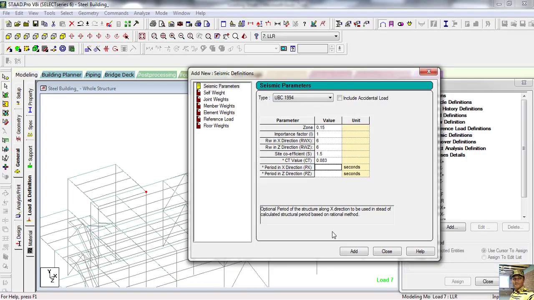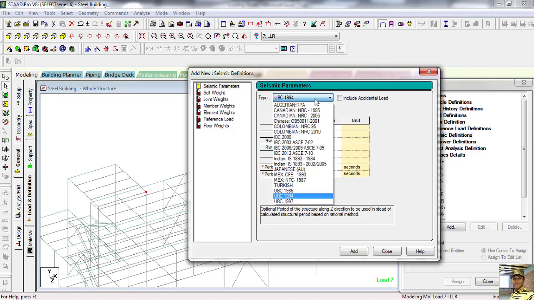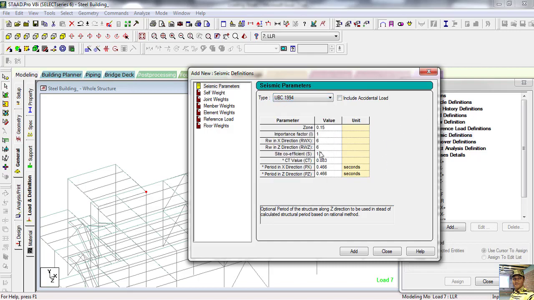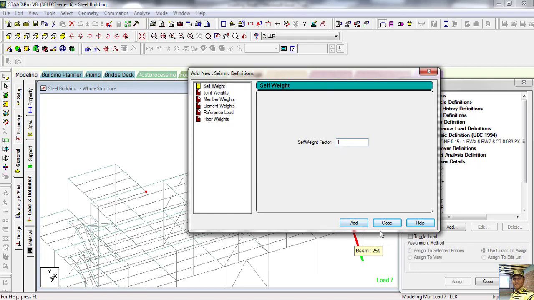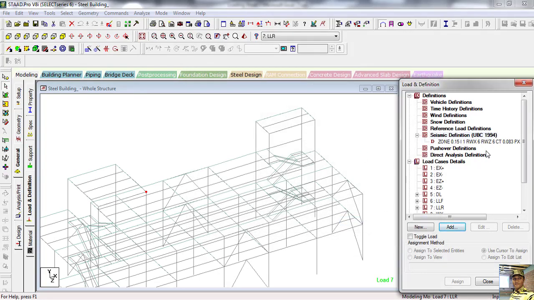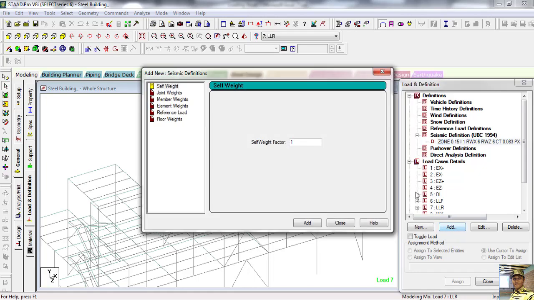So put this value 0.466, same way 0.466. Actually this seismic parameter depends on your code, so if the code changes, this also changes accordingly. So add, close. Now we will add this one.